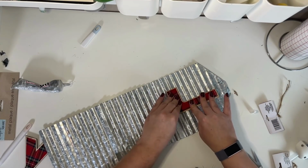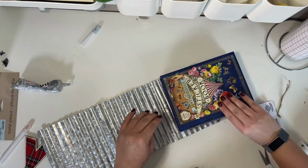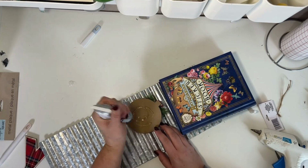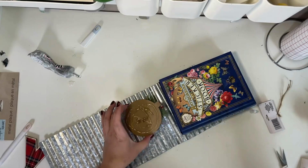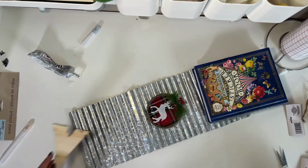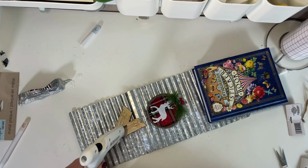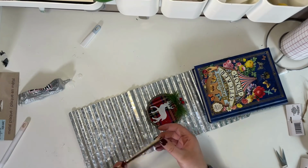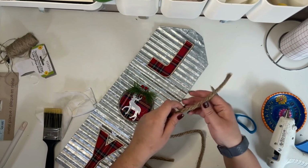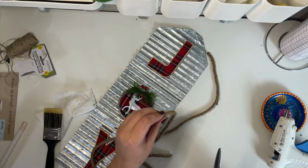I used both the E6000 and hot glue again to bond the ornaments to the metal, and I also used books to add some weight to help them bond to the metal. The deer ornament had a cardboard backing and instantly bonded, but the other 2 were wood, so they needed some time and pressure to bond, so that's where the books come in handy. I let the book sit on the ornaments for about 15 minutes,